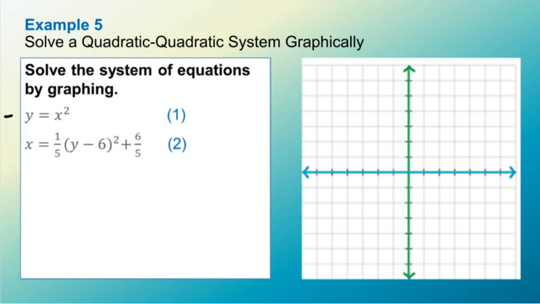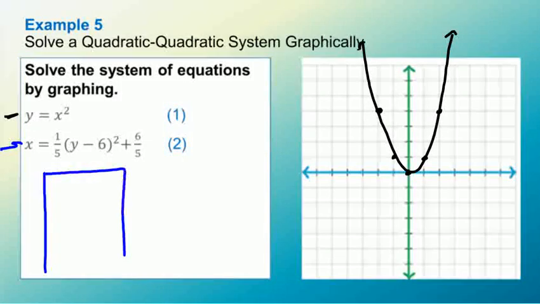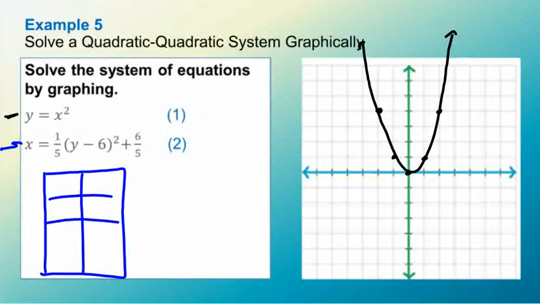Let's do this first one because that's the parent function. So that one's going to be at 0, 0, 1, 1, 2, 4, and here, and I can't go any higher, so I'm just going to draw this one here. And then the other one, for this one here, I'm going to create a table of values. And normally we choose the x coordinates. This one, we're going to choose our y's. And so our y's here, the vertex for this one,